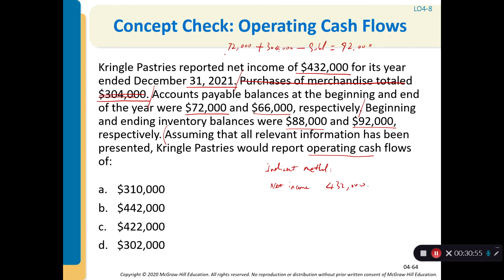So in translating to the operating cash flow statement, we need to add the decrease,